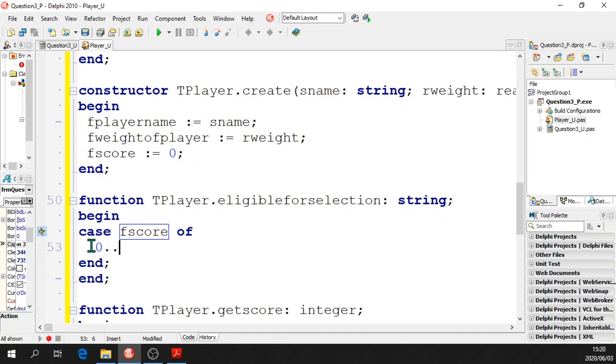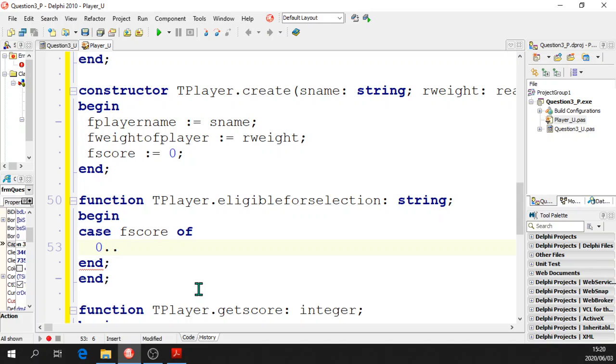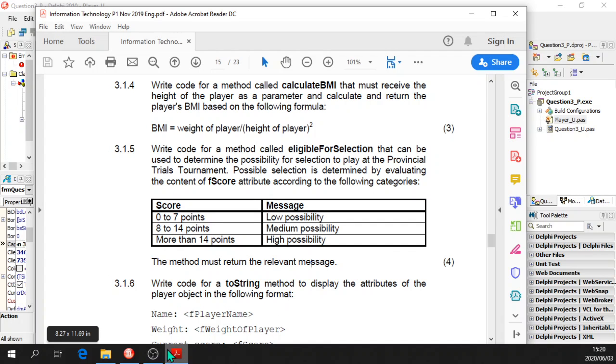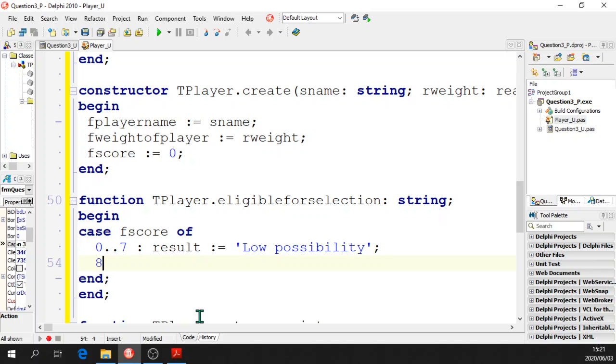naught dot dot. If you don't want to use a whole lot of if then else, if then else, then it's better to use case 0 to 7. Result equals, and then you have a low possibility, and 8 dot dot 14. Result equals high possibility,